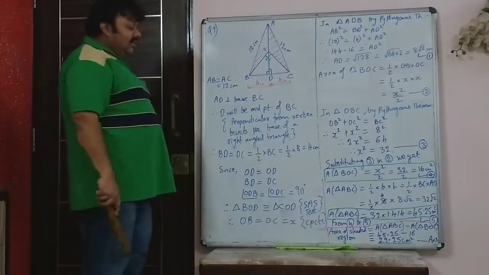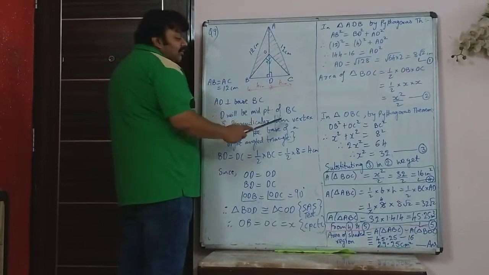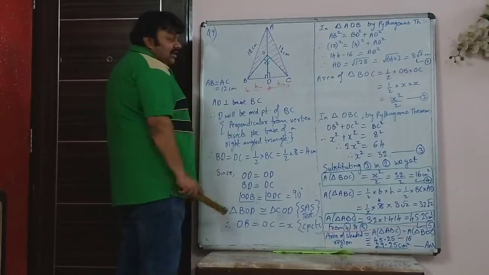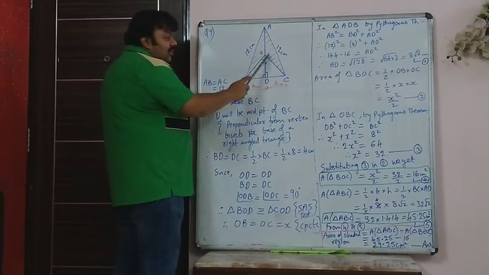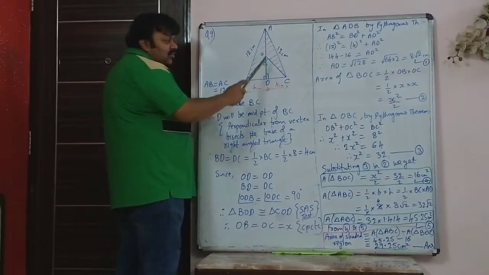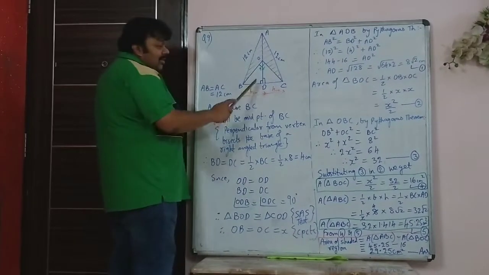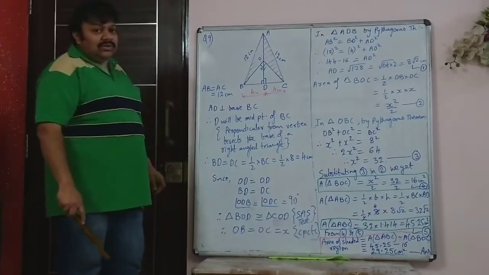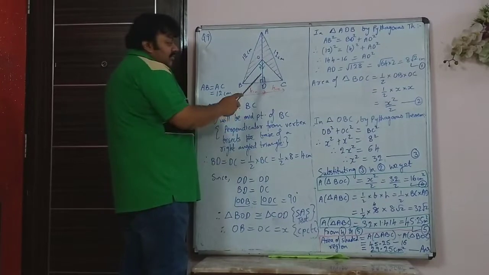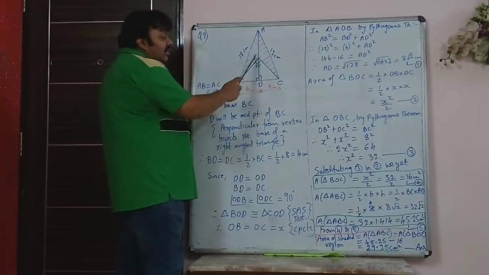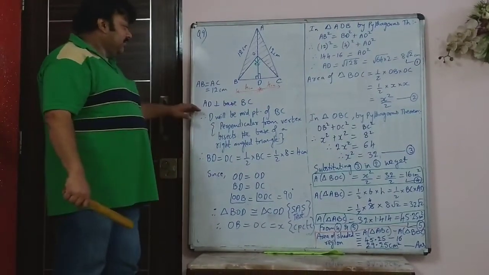And now first of all, by congruency, you can see that BD is equal to DC. These two angles are 90 degree and OD is common side. So therefore OB will be equal to OC, you will have to prove. So both of them are X. We can take both of them as X because it is CPCTC. That means half X into X will give you area of this triangle BOC. So I have shown the steps here.